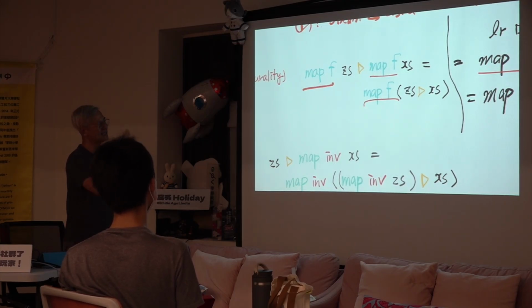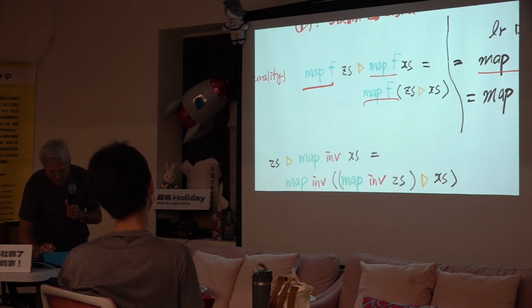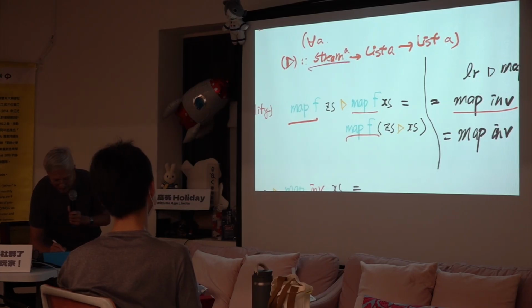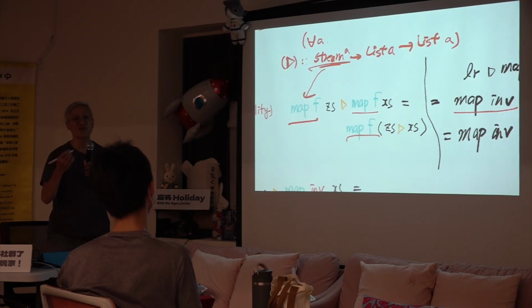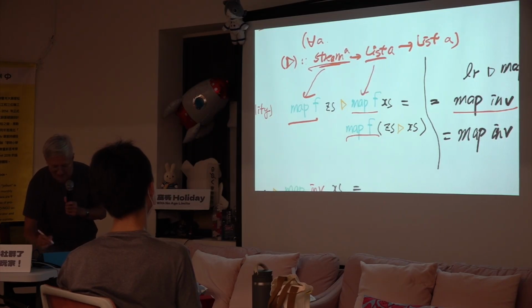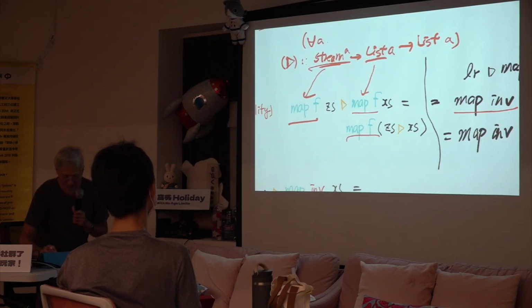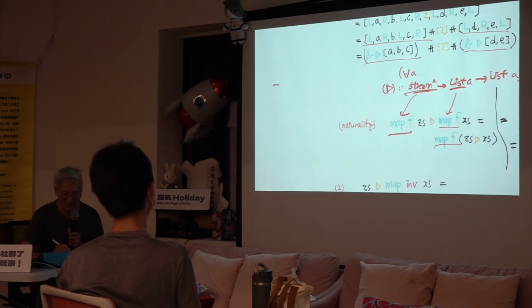So that can be safely extracted. But in general, when we model this property, if the type is string, then we use the map for string. If the type is list, then we use the map for lists. And assuming that we have a function called flatten,